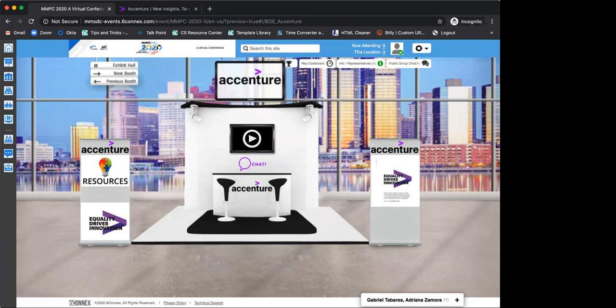Now I see another question here: if you are registered with your company and access your company's booth, are you a rep for your company? No. They need to send that information for you to be added as a rep. If they didn't send that, and you are from that company and you get into that booth, you're not going to appear as a rep. You're going to appear as a regular attendee.